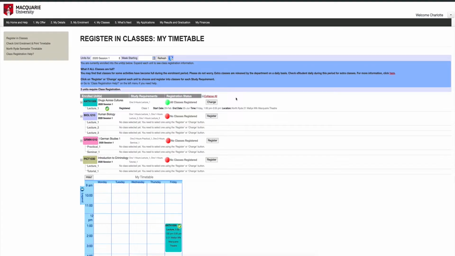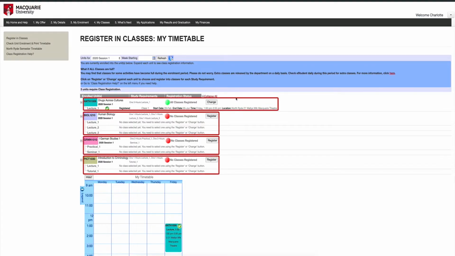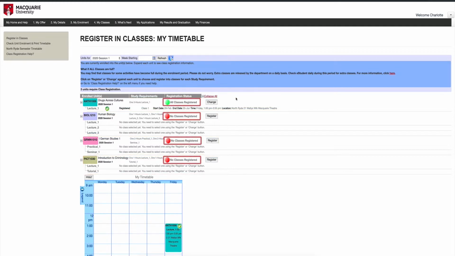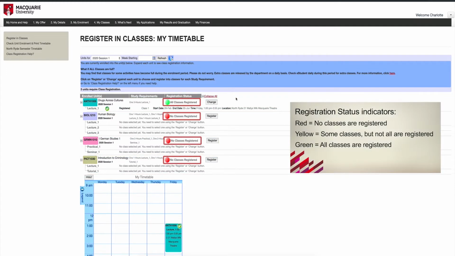of the units. The study requirements will show the classes required for the unit. The registration status for the unit will be red if you have not registered into classes for that unit, yellow if you have registered in some classes but not all classes that are required, or green if you have successfully registered into all classes. You may not be required to select a class if there is only one class time